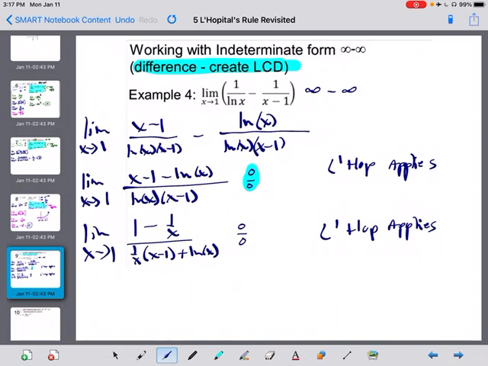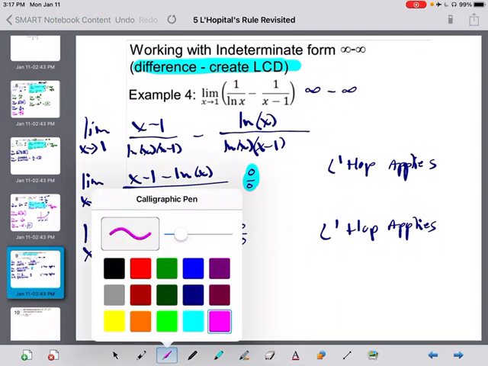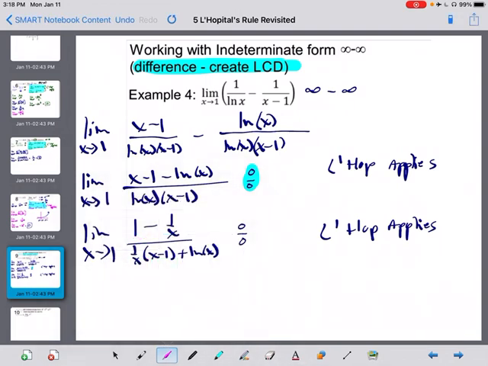No reason to rewrite anything, just take it as it is. All right, so the limit as x approaches 1, derive the top. Deriving the top should give you 0 minus 1 over x squared,